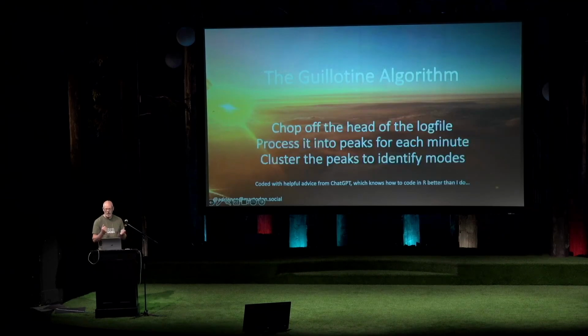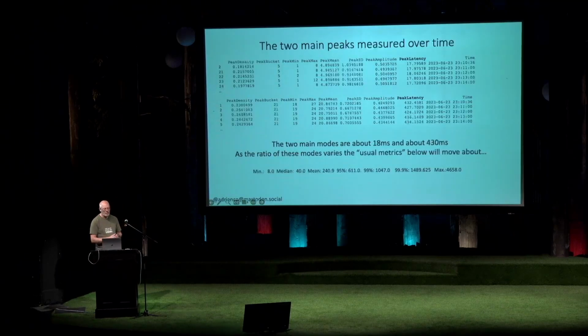All right, so I'm a bit theming here off of A Tale of Two Cities and the French Revolution, which is where it's set. So I have a guillotine algorithm, which is going to chop off the head of the log file in chunks. You give it a log file, and it chops it up into 1-minute chunks, processes each chunk separately, and then tries to flow that across. So the 2 peaks that I actually have, once they're processed.